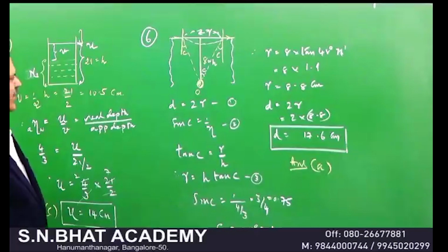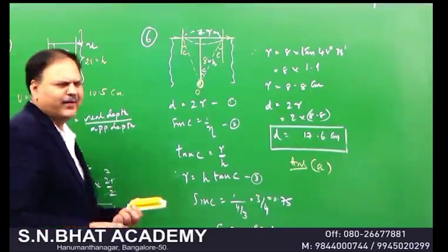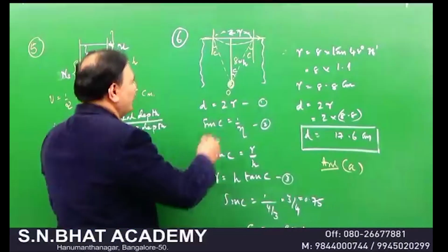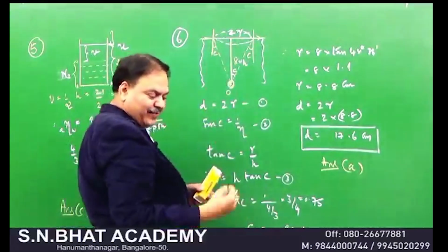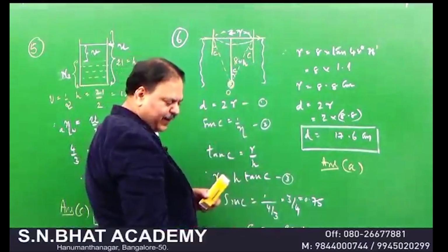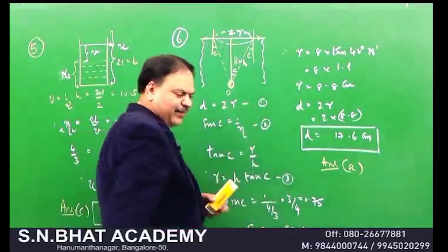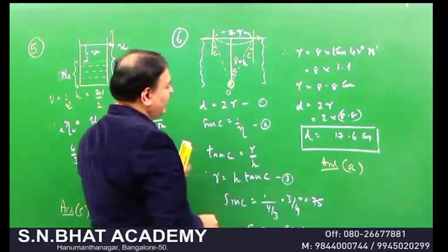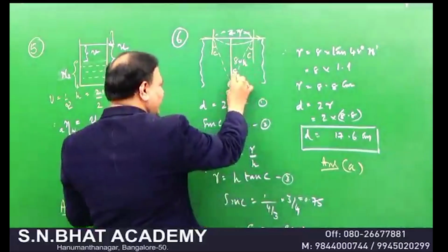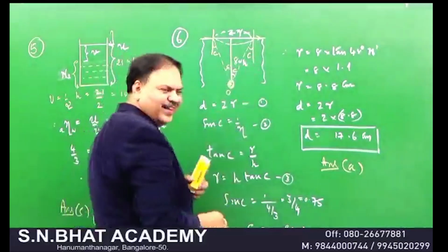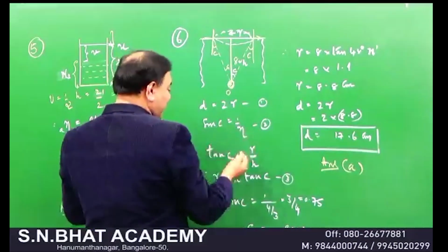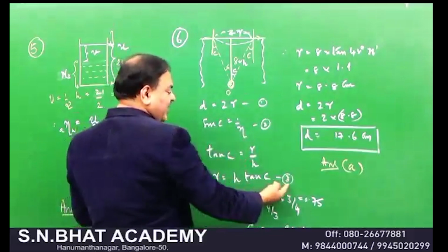Though it appears to be a long, famous question, you have to be very fast in thinking these things. Diameter is equal to twice the R. You must know how you are getting this diameter. When the object is in the denser medium, light from the object is incident on the surface of the rarer medium, then it is the critical angle, it grazes the surface. This is a critical angle, this is a critical angle, even this is also a critical angle. Then you know that the diameter is equal to twice the radius. You do not know the radius; radius is equal to h into tan of c.